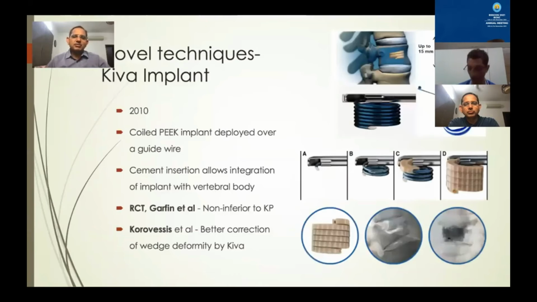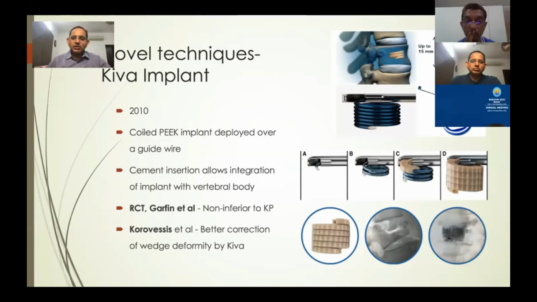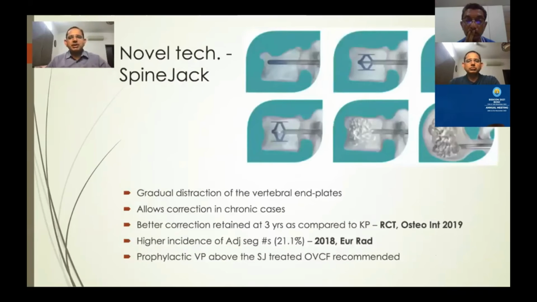The Kiva implant was developed in 2010, which is basically a coiled PEEK implant deployed over a guide wire, and the cement insertion allows integration of the implant to the vertebral bone. It was noted that it was quite effective and provided a better correction of the wedge deformity with the Kiva implant. A SpineJack implant was also developed subsequently, which allows correction in chronic cases. And in an RCT, it showed that there was better correction being maintained with the SpineJack. However, another article noted that there was a higher incidence of adjacent segment fractures and a prophylactic vertebroplasty above the